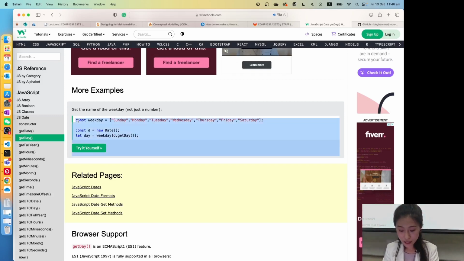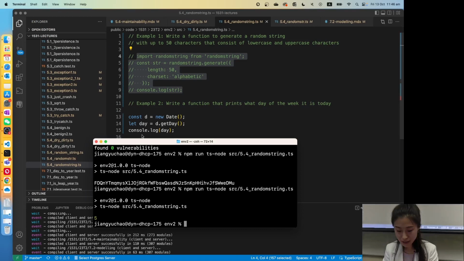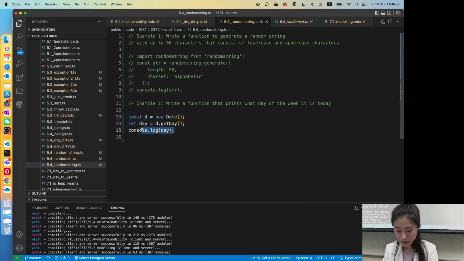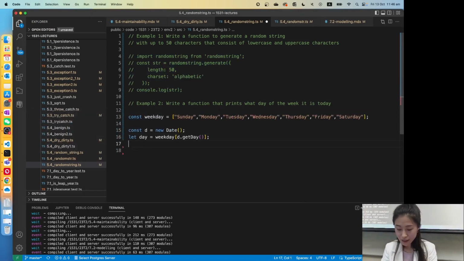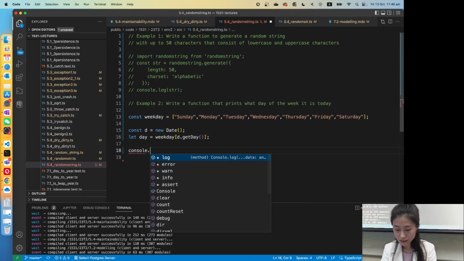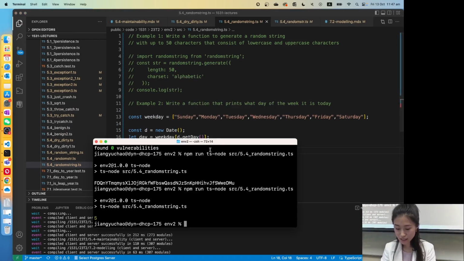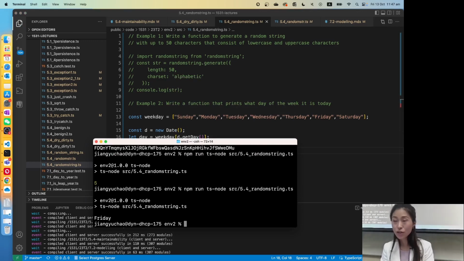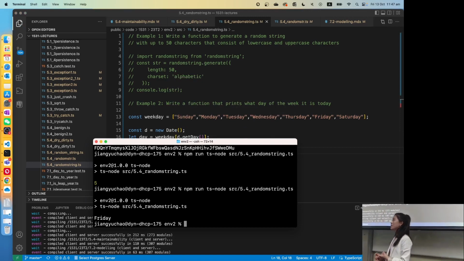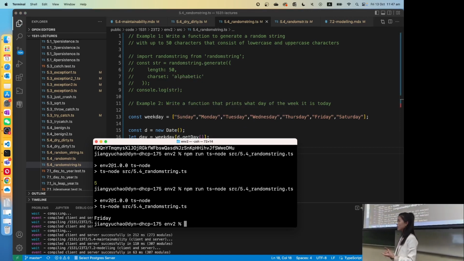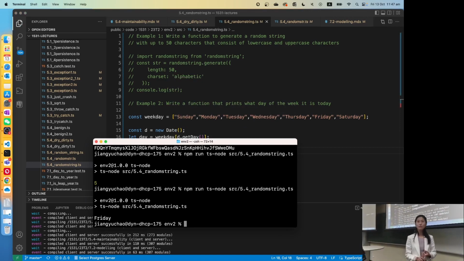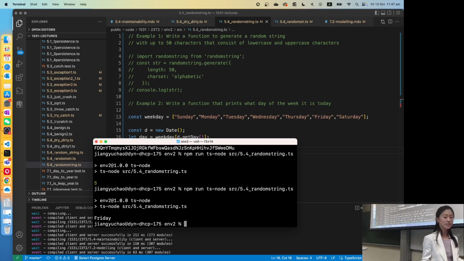So let's copy and paste this example here, and then console log day. Let's try that again. Great, it's Friday now. So we can always leverage the libraries, like Node.js libraries, JavaScript libraries, and also npm packages,